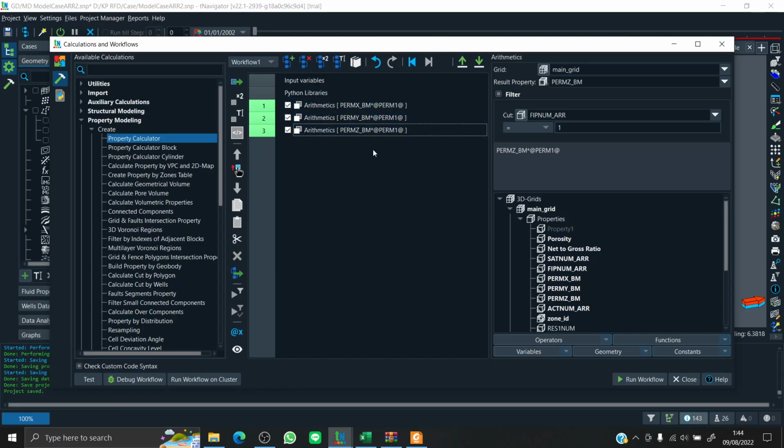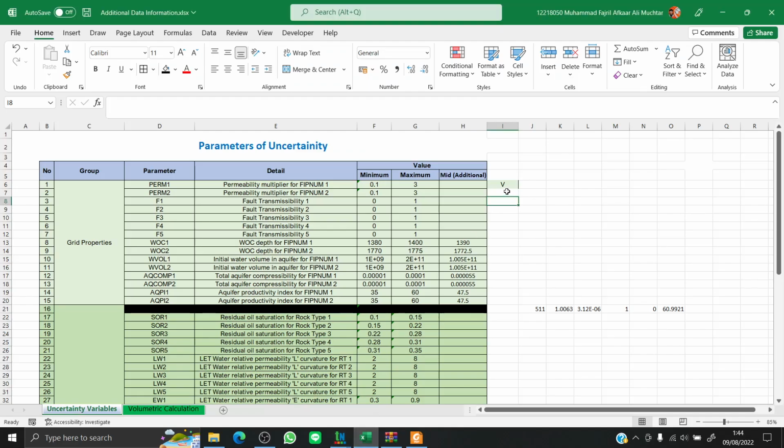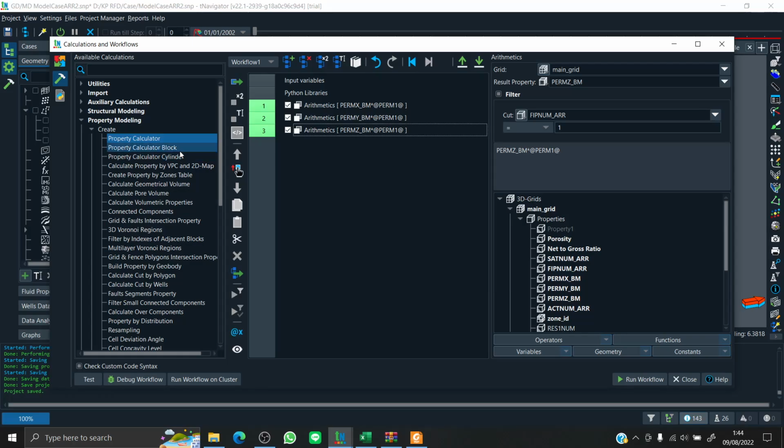So I think that's what the arithmetics will do. You can also do it for another type of grid properties, such as porosity maybe, or something else. You can do it like this if you have the uncertain variables, but for this example I only use permeability.